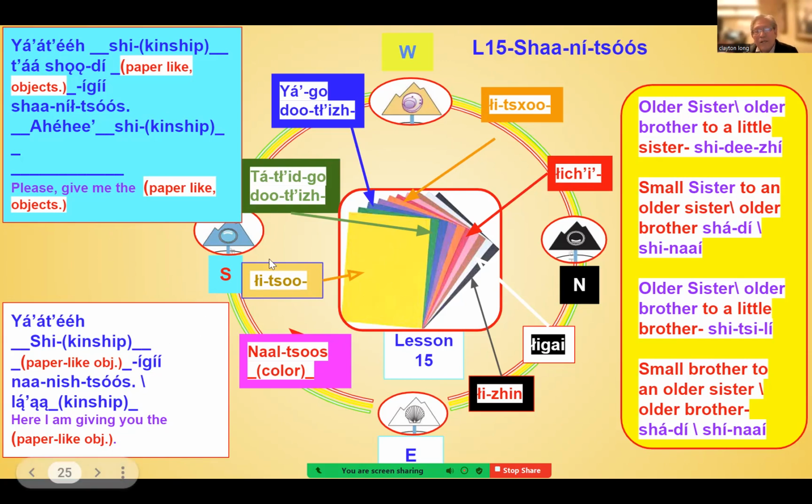The give me part is the paper-like object. You could do it to like a t-shirt. Most times they say it differently, but for a flat t-shirt you could use this form, because it's flat like paper. Or other things that are flat, you know. Anyway, it worked with paper, and I just switched it so we could practice the colors.